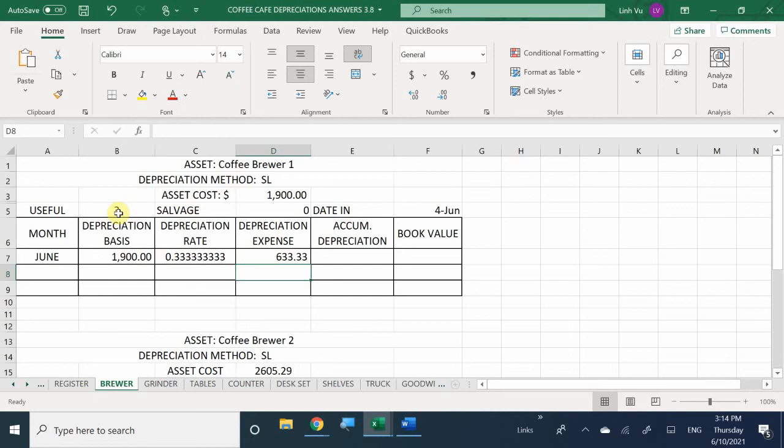So this is an annual amount of expense. Think about it: if I'm supposed to have this for 3 years and I depreciate $633 every single month, I'm going to be way over